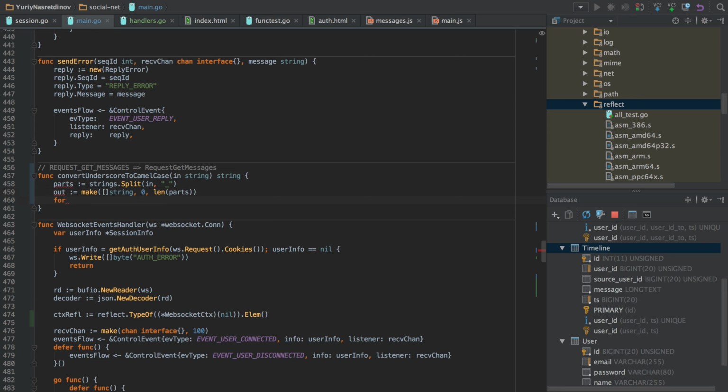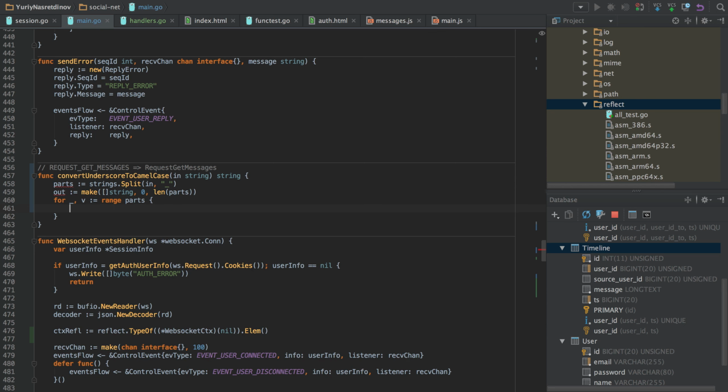We actually know the result length, so we could specify it. And now we iterate over the strings array and make the result.